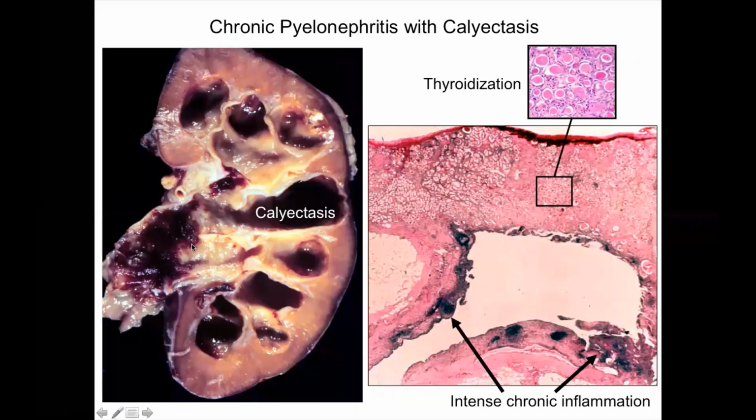Staghorn calculi, as you know, are mostly due to E. coli or Pseudomonas, and they are long-standing, obstructing the pelvicalyceal system. They cause persistent inflammation and infection with loss of the renal parenchyma, so we have chronic changes within